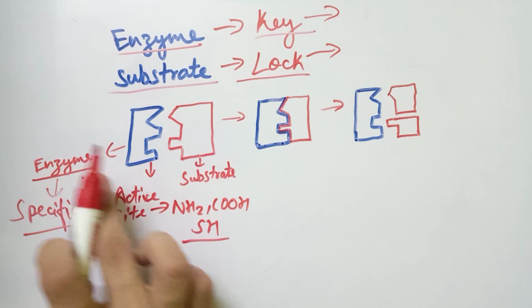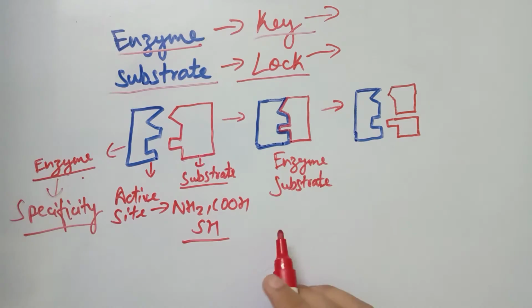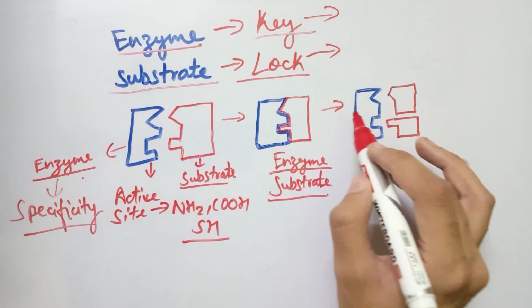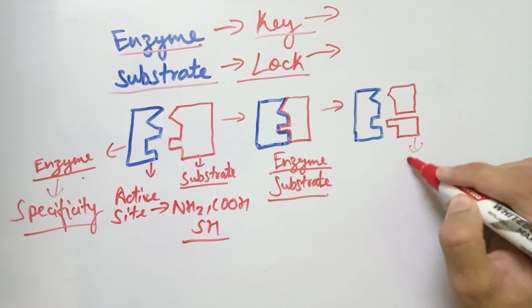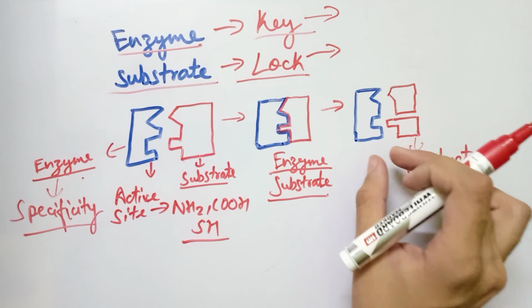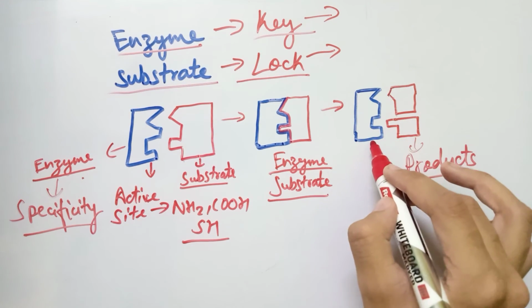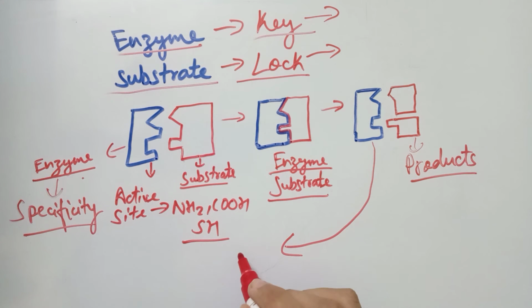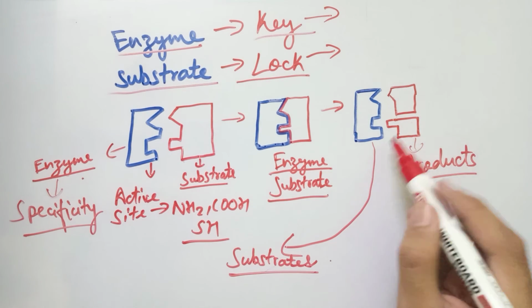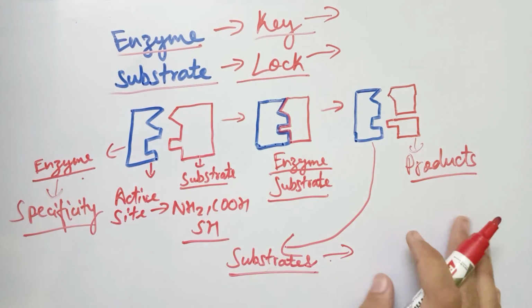So the specific active site of an enzyme will bind to the substrate and will thus form an enzyme substrate complex. After making the enzyme substrate complex, it will further react and will thus produce the required products. The active site of the enzyme will get detached from the product, and this enzyme will then get attached to the further substrates present around it, which are specific to this enzyme, and will make new products and further new products. So in this way the enzyme works, and in this way this lock and